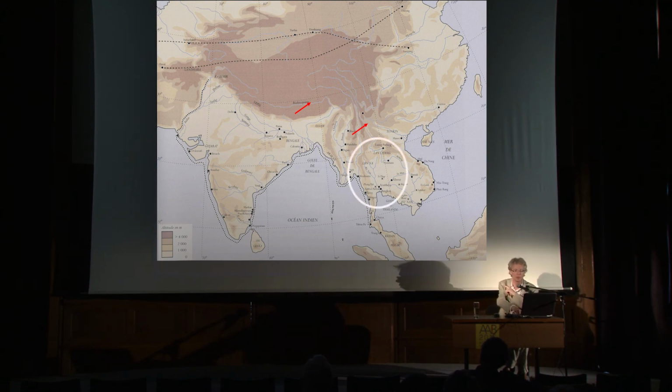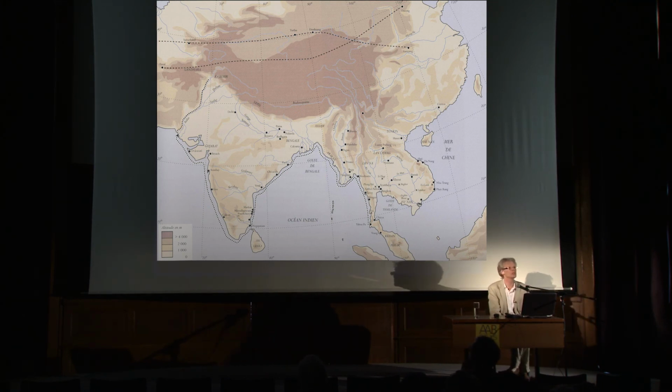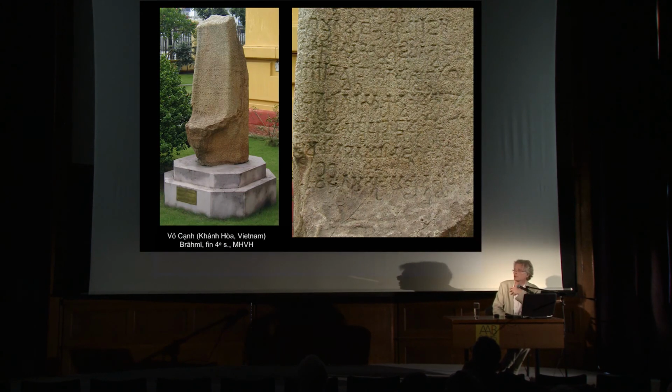And many things could be traced back thanks to a better knowledge of these routes that have always been underconsidered. The presence of an Indian influence can be traced back thanks to the finding of inscriptions. And of course I won't deal with that subject with you today, but I just wanted to recall this huge monolithic inscription looking like a megalith, actually, which is now preserved in the garden of the Museum of Vietnamese History